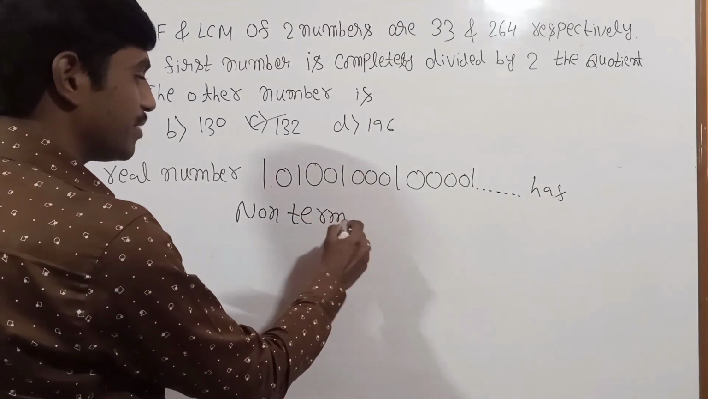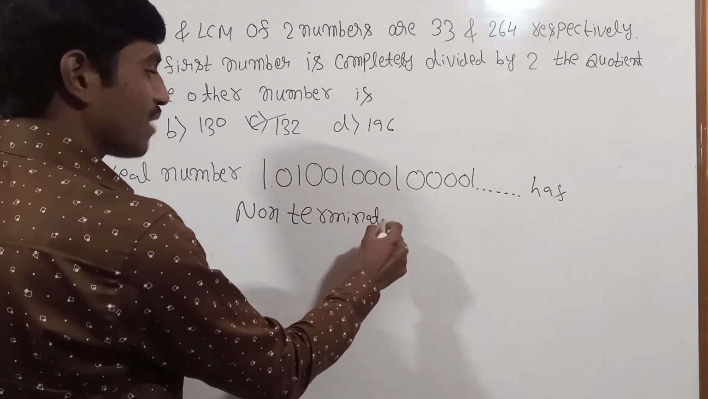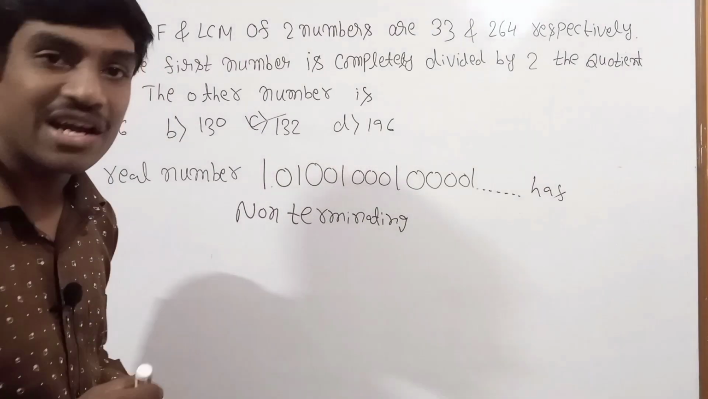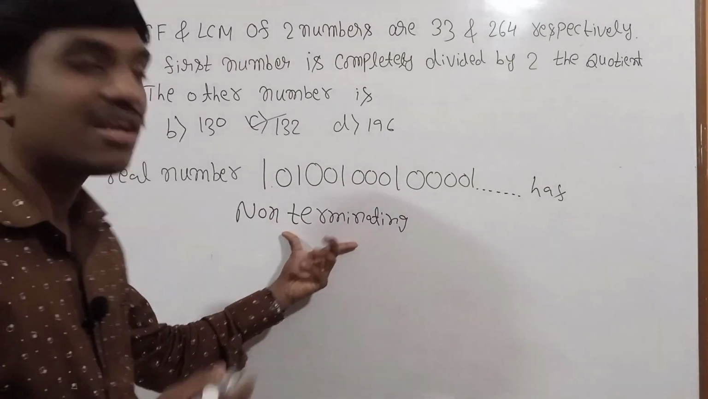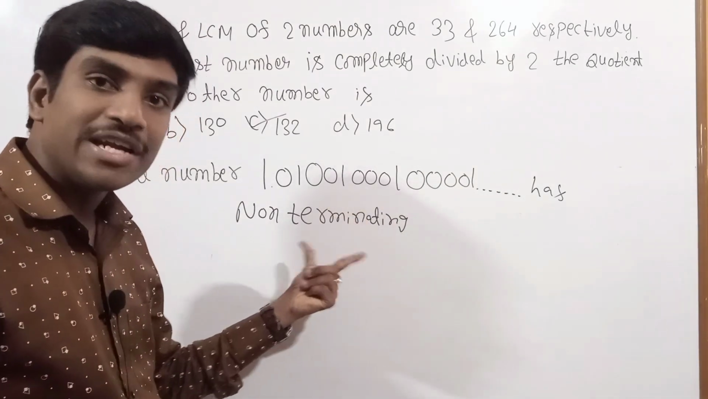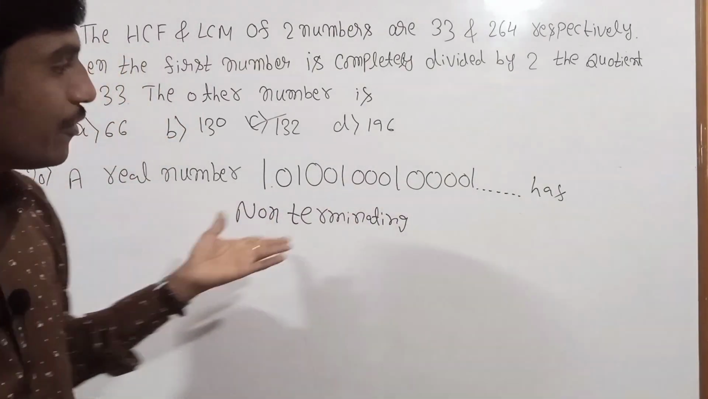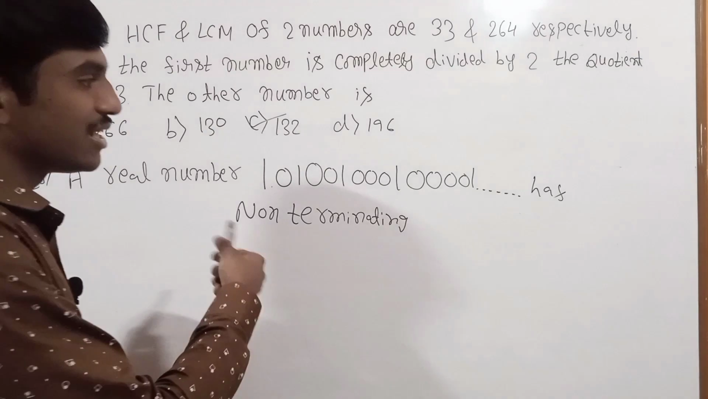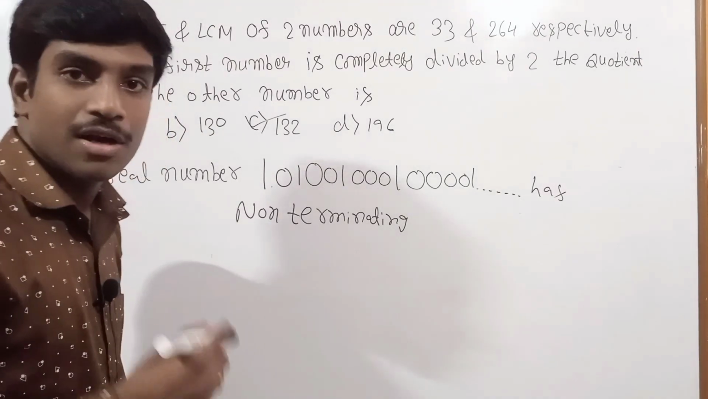So it is non-terminating. And then next we need to check whether it is recurring or not. If it is non-terminating, there are two possibilities: either it is non-terminating recurring or non-terminating non-repeating. So by looking at it, you see here, there is no number repeating again